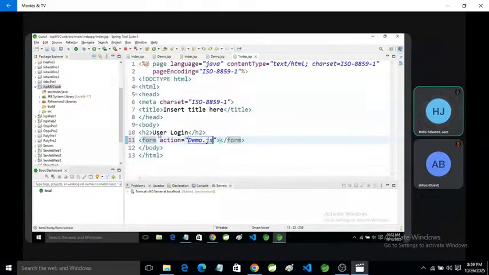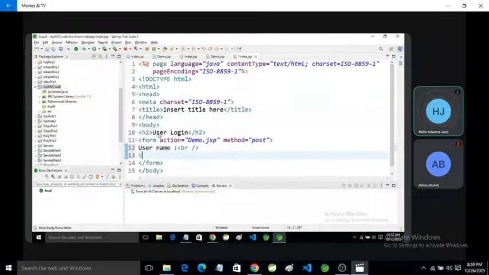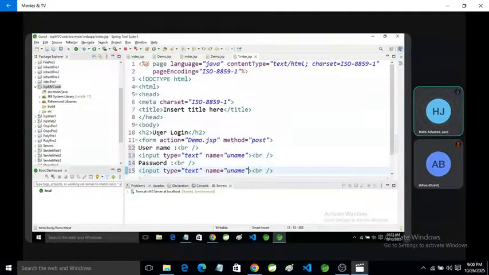Here we can specify the JSP form, method is equal to post, username, input type is equal to text and name is equal to uname, password, pwd.